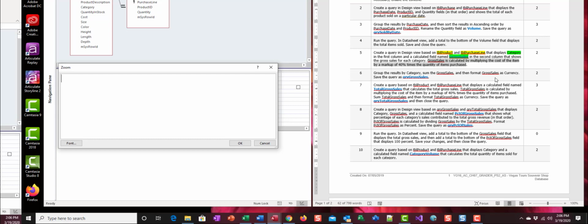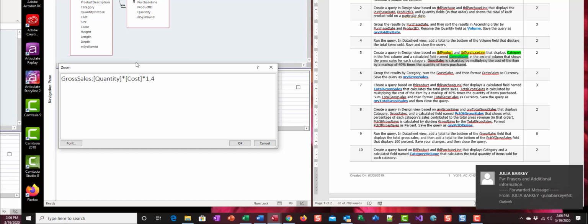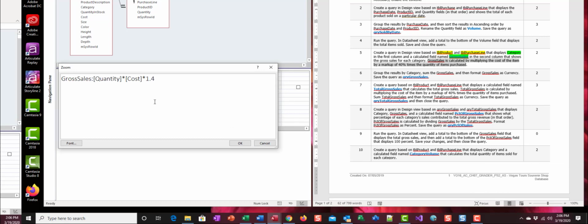So the first thing we always want to do is what's the name of this calculated field? It's called gross sales, colon. So then we're going to put quantity times cost times 1.4. So what that means is